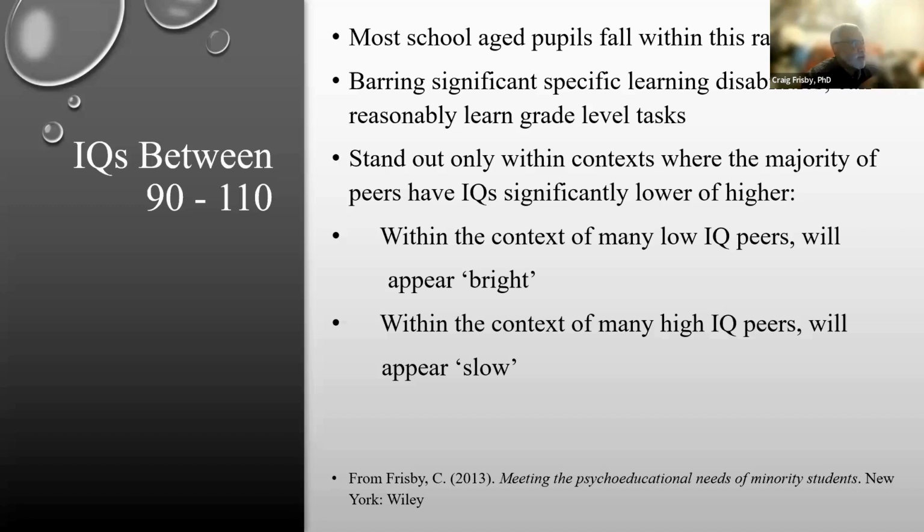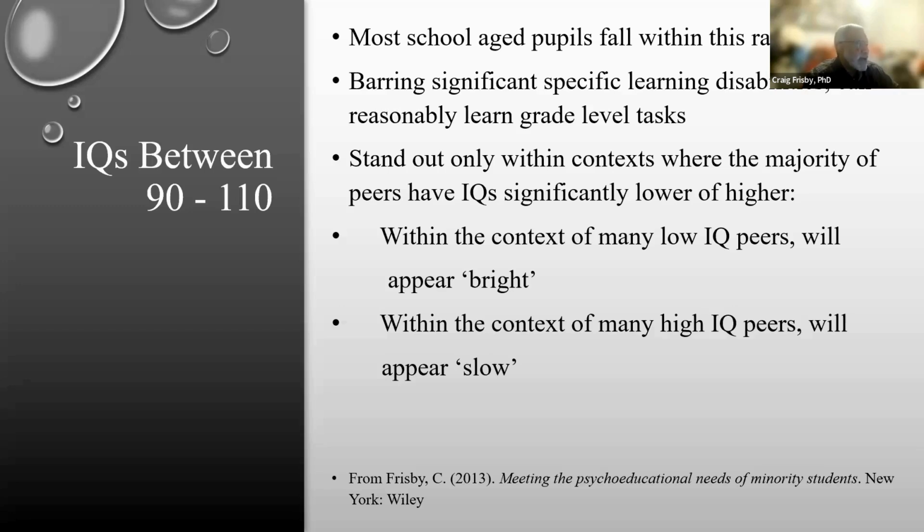Let's say you have kids that are within this average range, but they just happen to be in a learning environment in which most of the kids around them have higher IQs. And this might be the case with certain private schools. Then you'll find that these students will come off to their teachers as being slower, and it'll be a little bit harder for them to keep up with the rest of their peers. Now, they are average, they have no problems in terms of their general mental ability, but they just happen to be in a context with peers that are higher than them, and as a result, they struggle a little bit.